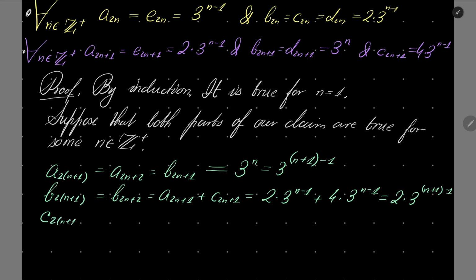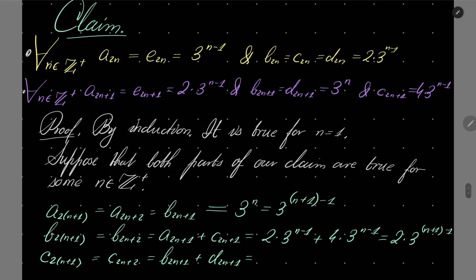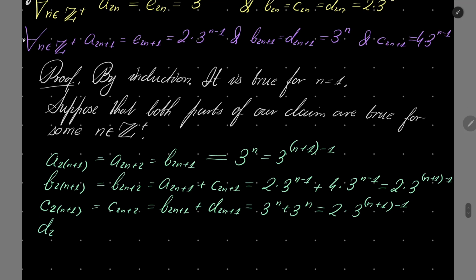C to n plus 1, it's c to n plus 2, b to n plus 1, d to n plus 1. Let's take a look. b to n plus 1 and d to n plus 1 are both 3 to the power of n. So it's 2 times 3 to the power of n, but that's exactly the same as 3 to the power n plus 1 minus 1. d to n plus 1, it's